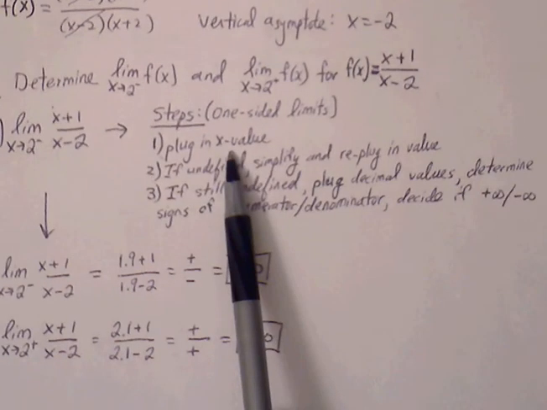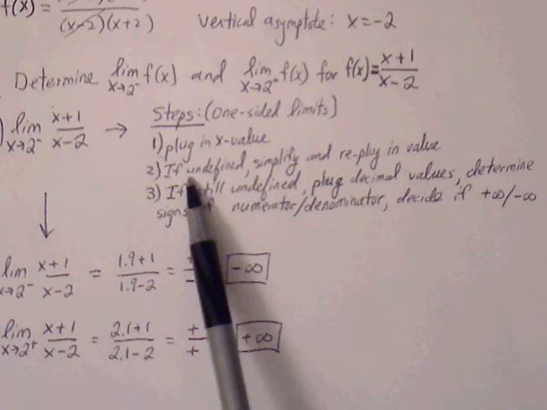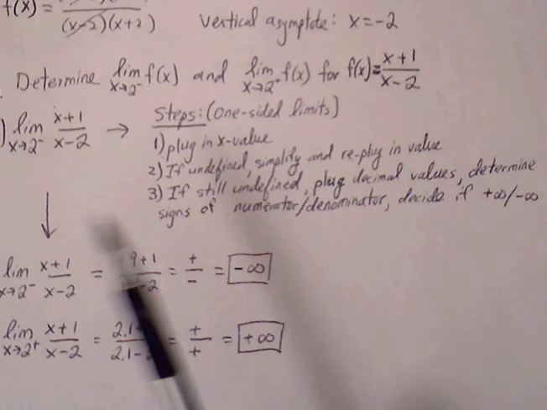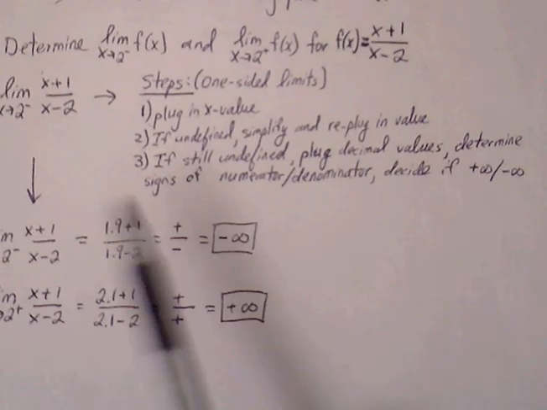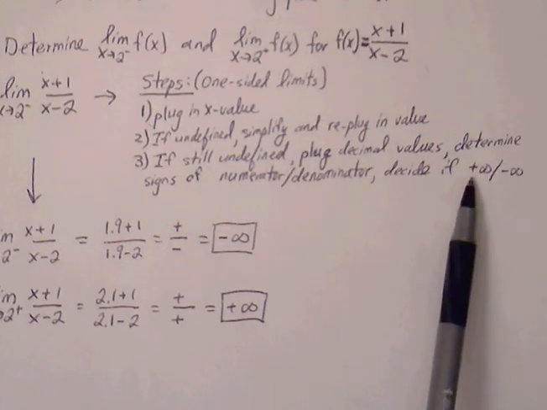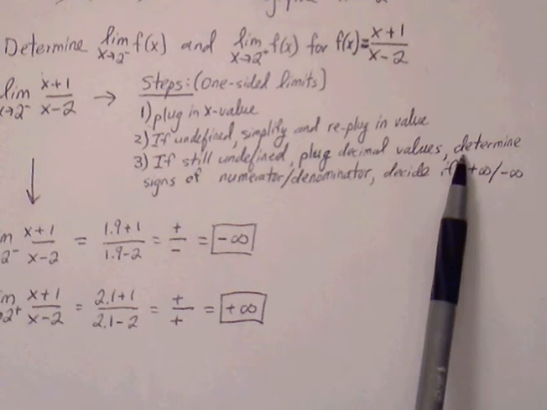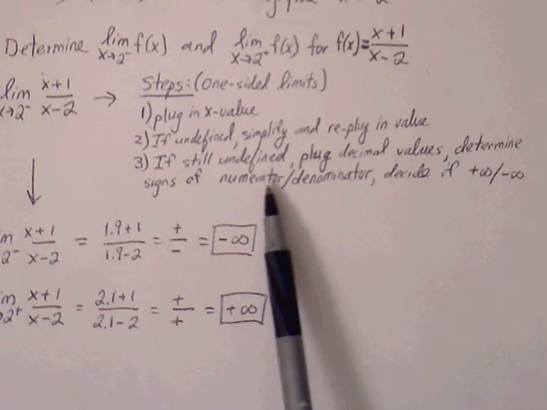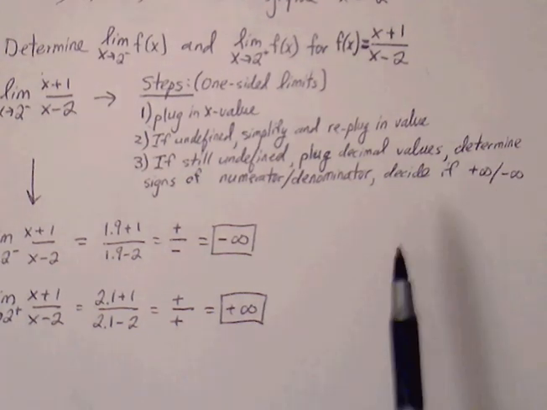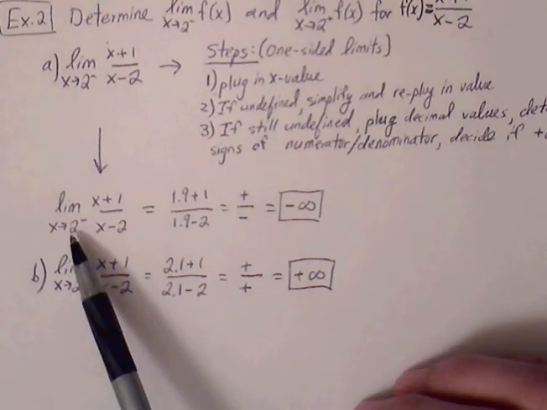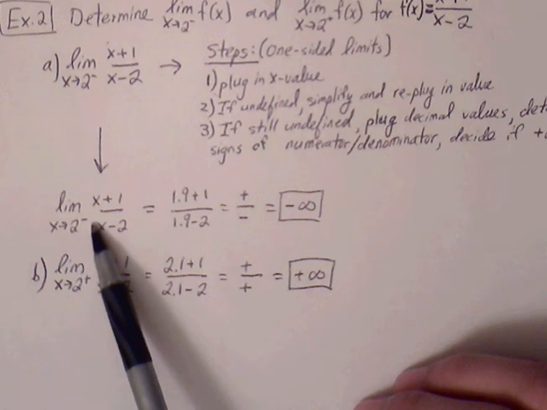Okay, so we plugged in the x value and we got undefined. We got 3 over 0. And there's nothing for us to re-plug in. So now we have to determine, between our two options of positive or negative infinity, the sign of our fraction, whether it's positive or negative. Then we can narrow down our choices. The way we can do that is we just choose a decimal value that is close to our